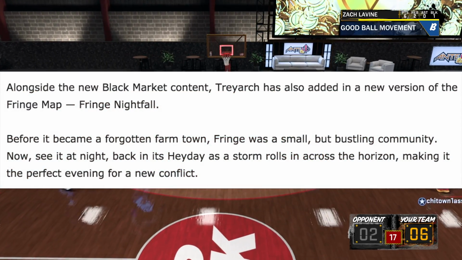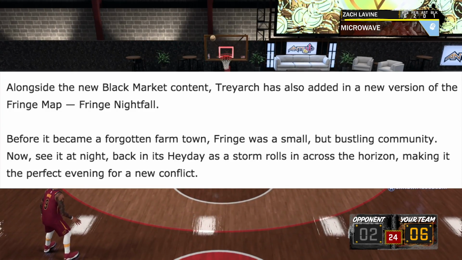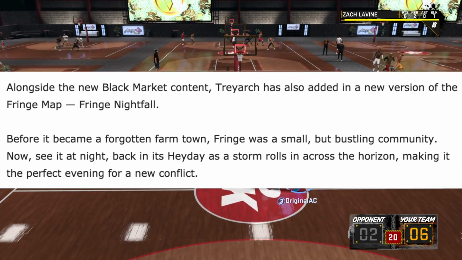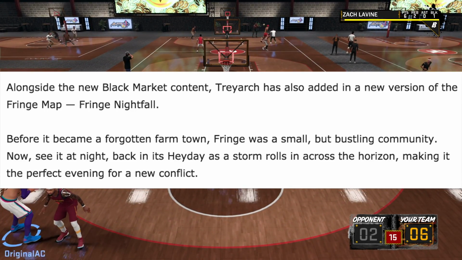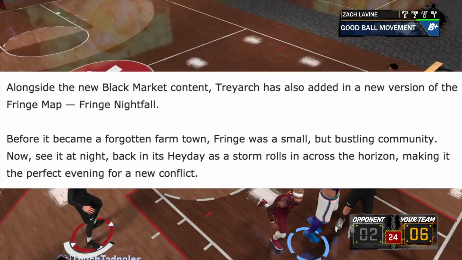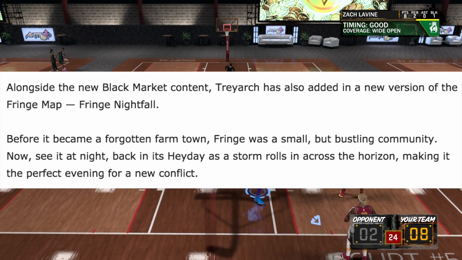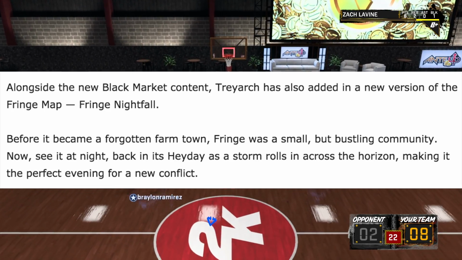Alongside the new Black Market content, Treyarch has also added in a new version of the Fringe map, Fringe Nightfall. So like I touched on in the video yesterday, Fringe Nightfall is an actual thing, and you'll be able to play it. Before it became a forgotten farm town, Fringe was a small but bustling community, now seen at night, back in its heyday as a storm rolls in across the horizon, making it the perfect evening for a new